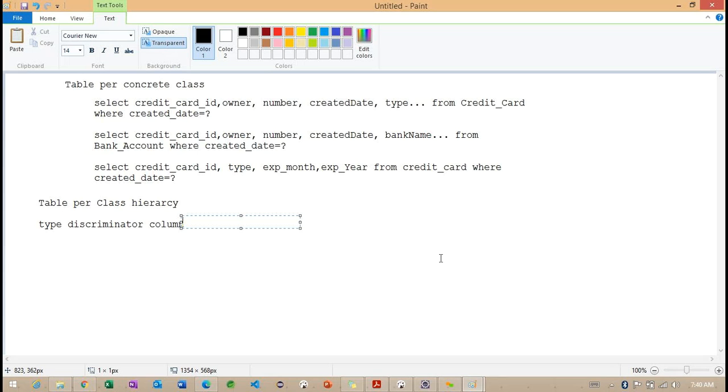So when we are trying to work with this particular billing details here, we are going to have only one select query. And if we are making the relation between the user and billing details here, we are going to have some different association. Getting the point? But compared to table per concrete class, we are having some better advantages when we are trying to work with this particular table per class hierarchy.